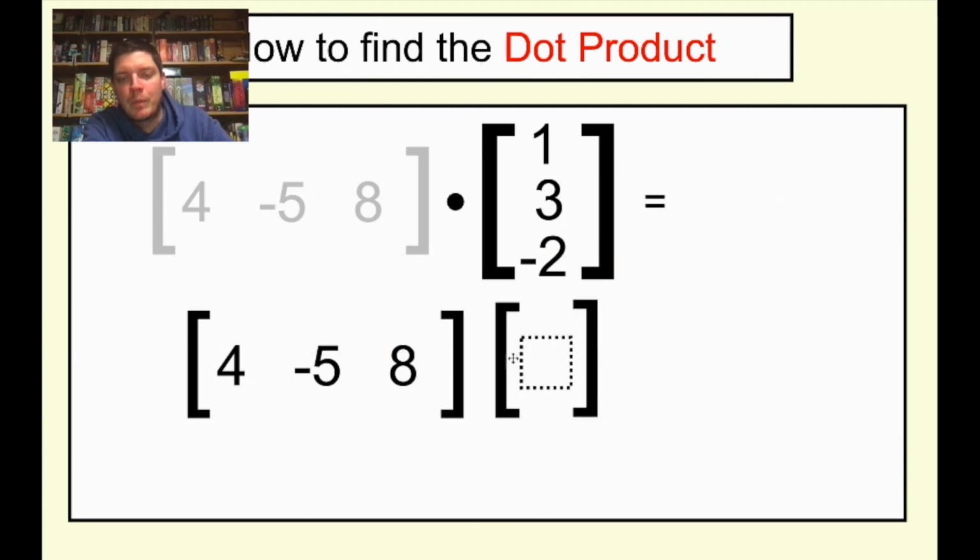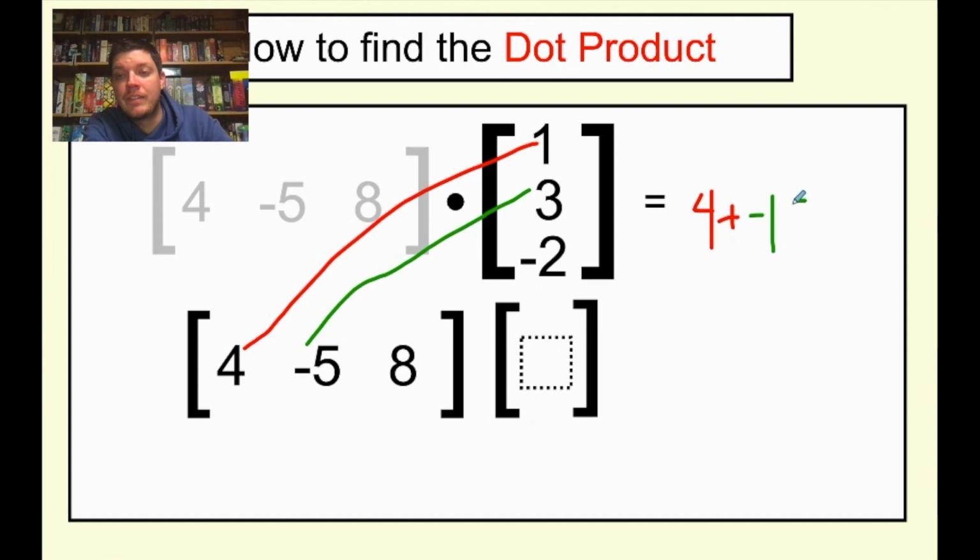This matrix only had one row. This matrix only had one column. So that's going to be a 1 by 1. You can see it just fits right nicely in that spot. Okay, now to find this number, we need to start with the farthest away from there. So the top of the column and the farthest to the left. We're going to do 1 times 4 is 4 plus 3 times -5 is -15